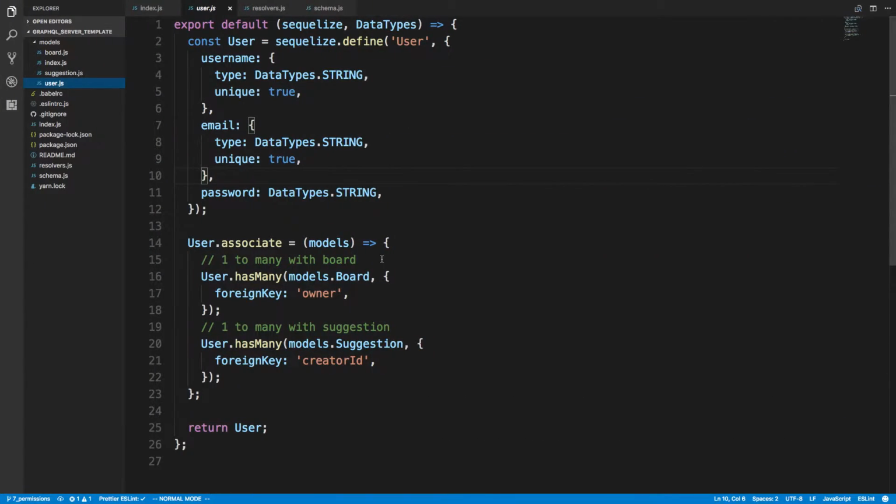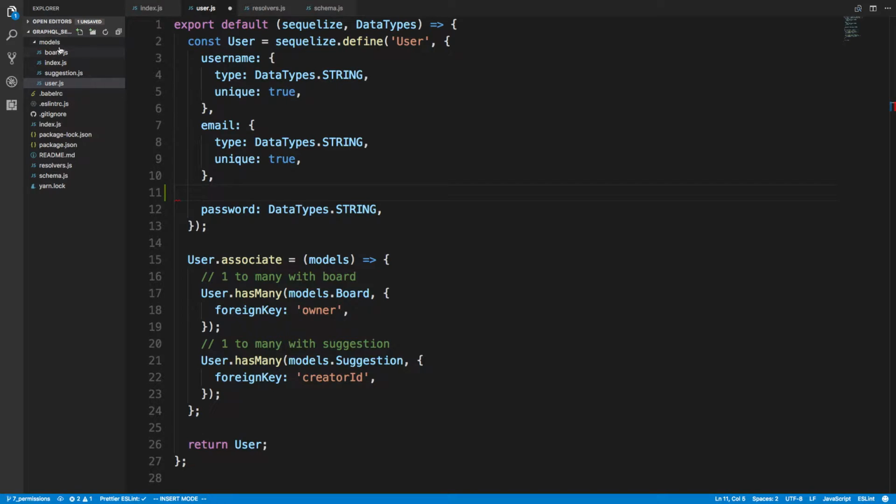So I'm going to pop over here to the Node.js server I was talking about that has GraphQL set up already on it, and if you'd like to get this code, I'll put a link in the description below to GitHub so you can follow along and check it out too. So the first thing I want to do